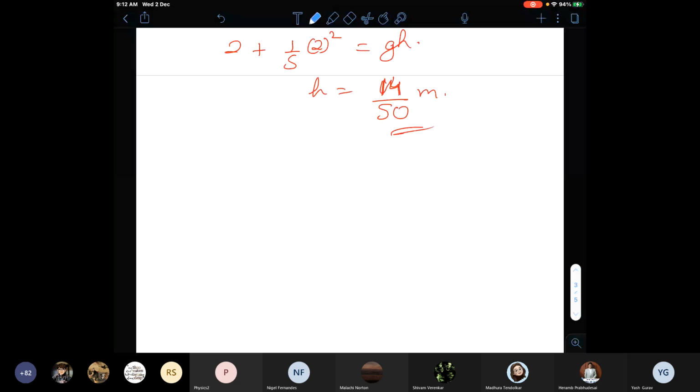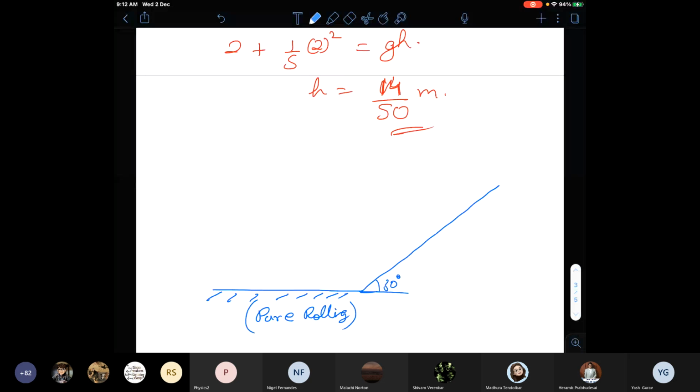Okay, suppose it is like this, that here it is showing pure rolling on the horizontal surface, it is pure rolling. But on the inclined surface it became what? It became smooth. Friction is not there. Now if this is the situation, just try to understand that it has a velocity and it has an omega over here while on the horizontal surface. But as it goes up the inclined surface,